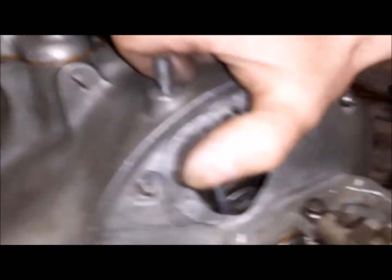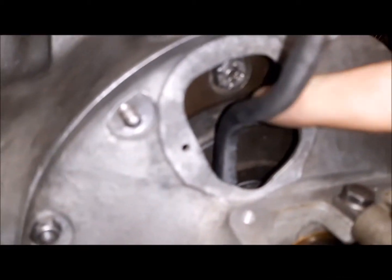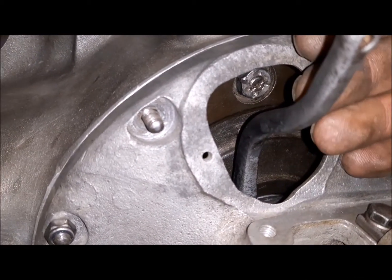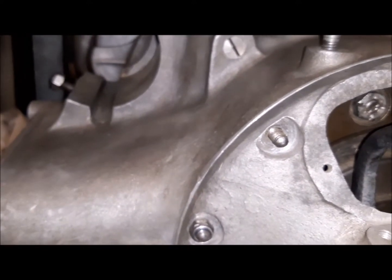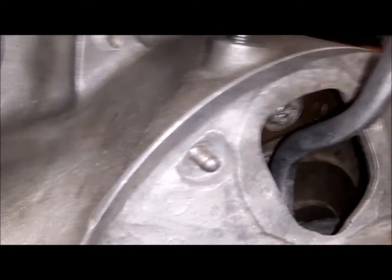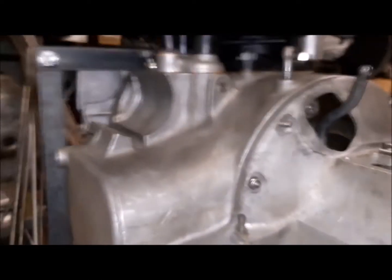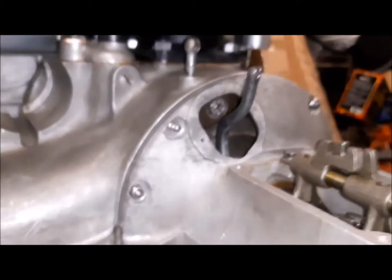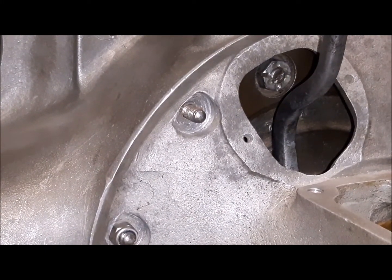Also, I will try to find a position. I want you to see the plate, how it's going back, not forward. Have to push. Okay, watch carefully the plate. So when you pull the clutch,